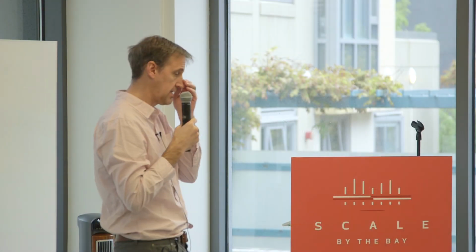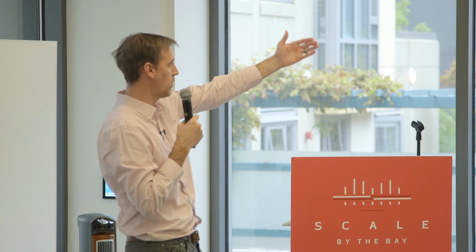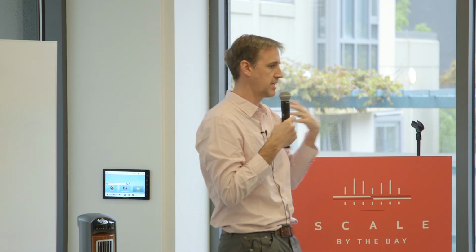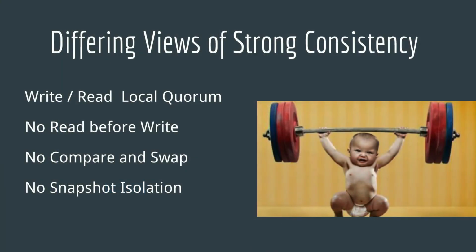So when I talk about strong consistency, I mean the ability to have a value written to node A, and then nodes B and C are not able to read that value back out until the write is completed. This is a much stronger sense of consistency than other definitions. In the industry, we see a lot of different views of how people define consistency. Oftentimes, people will call it strong consistency if I write and then read from the local quorum. So there are different opinions of how consistency is defined. What I'm really talking about when I talk about strong consistency is the ability to do a read before a write.